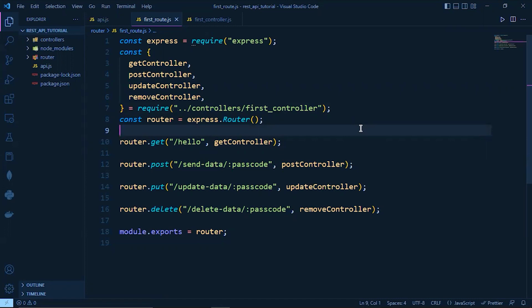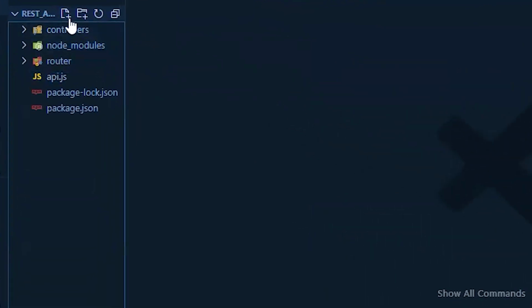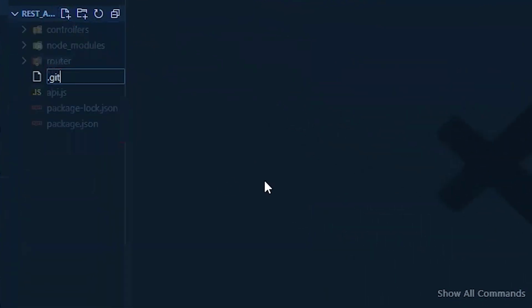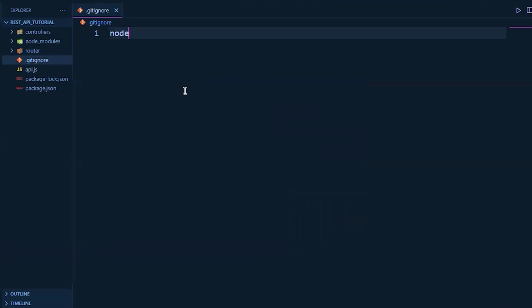Okay, so for hosting that, we first have to upload it to GitHub. Before uploading to GitHub, we have to do something here. So under the root of the project, make a .gitignore file. Before uploading it to GitHub, make a .gitignore file under the root of the project and write here node_modules, because node modules we don't have to upload to GitHub. Okay, and also package